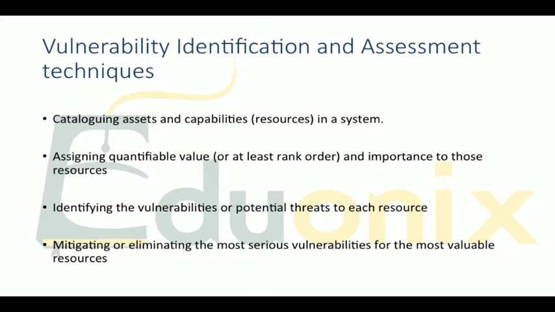You can get them fixed, and then you can move on to some of the lesser ones. So it's a good idea cataloging assets and capabilities in a system. You assign a quantifiable value, or at least a rank order and importance to those resources. Identifying the vulnerabilities or potential threats to each resource, and mitigating or eliminating the most serious vulnerabilities for the most